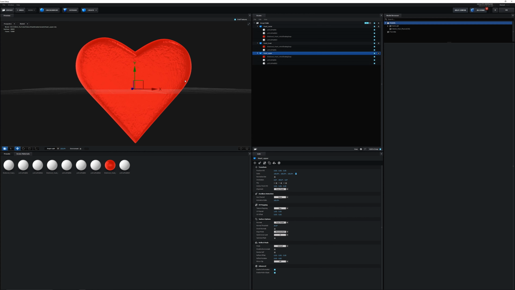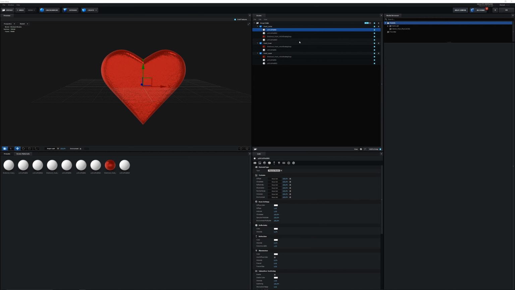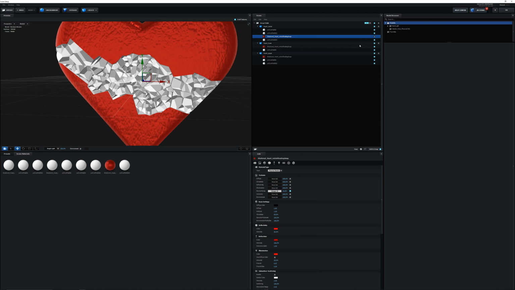All right, so that just gives us a little bit more extra texture. And actually on the illumination here, I'm just gonna lower that a little bit. I think 100% is just too much. We'll do something like 25. All right, so that looks pretty good. Next, we're going to do one for the inner pieces here. So it doesn't matter which one of these you click on, they're all going to be the same in a moment. All right, so let's zoom in here and then disable the outer layer, and then we can see inside.